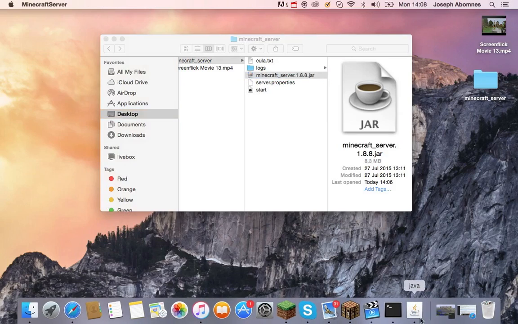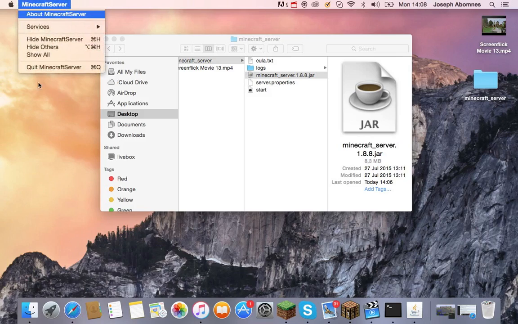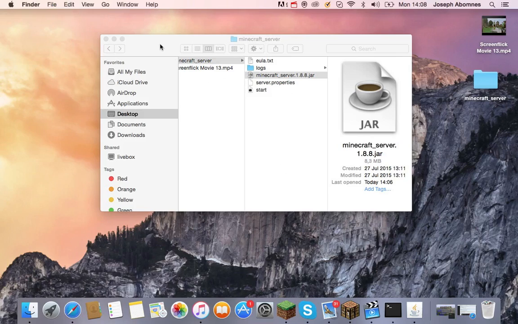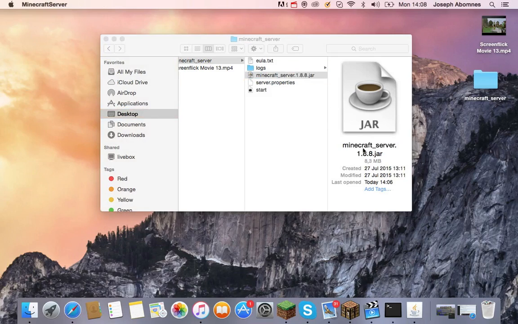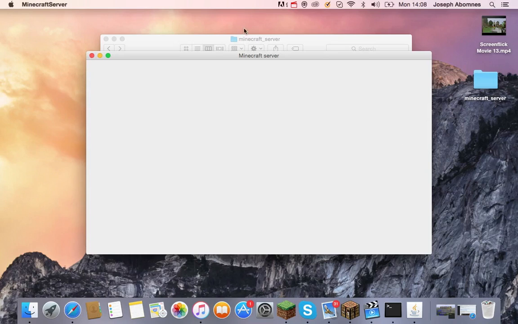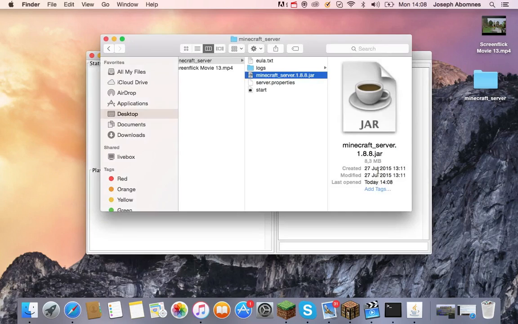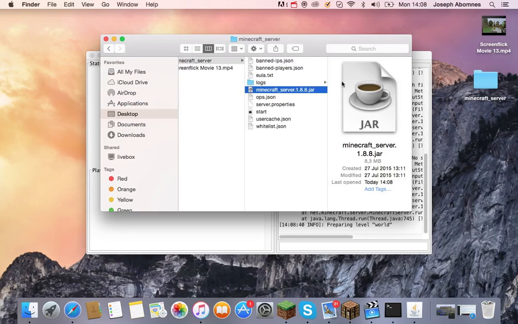Okay, here we go. Java Minecraft server once again. Now this is only for 1.8.8. There are other versions. If you get Minecraft server 1.7.10, do the same thing and get the Minecraft server 1.7.10 version. You have a Minecraft server for 1.7.10. It just all depends on the jar file. Here you see